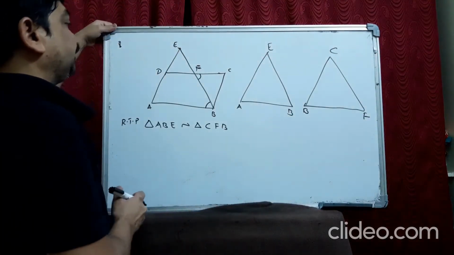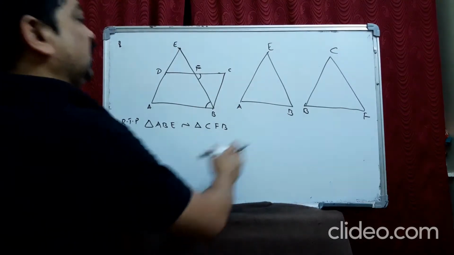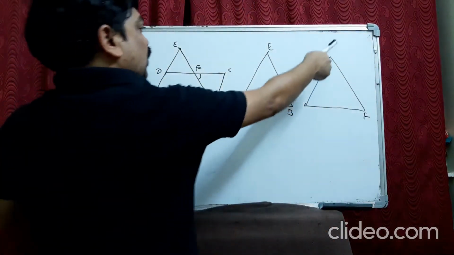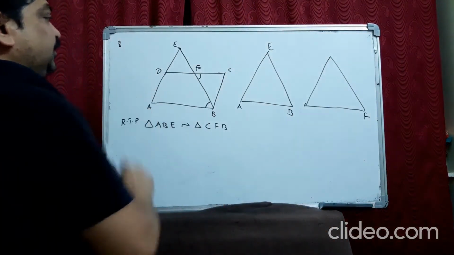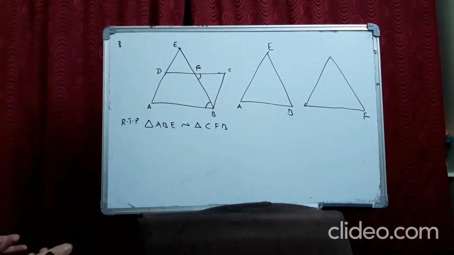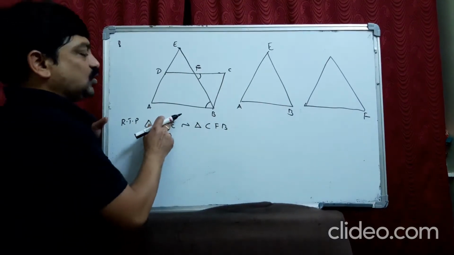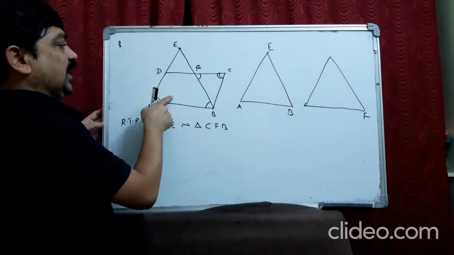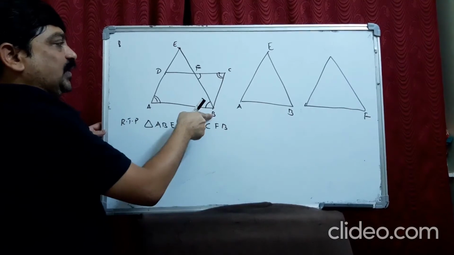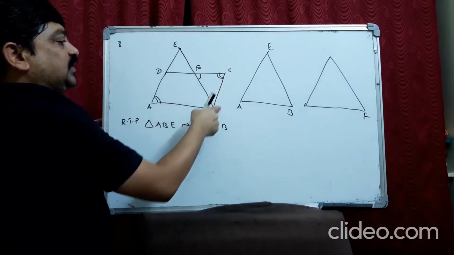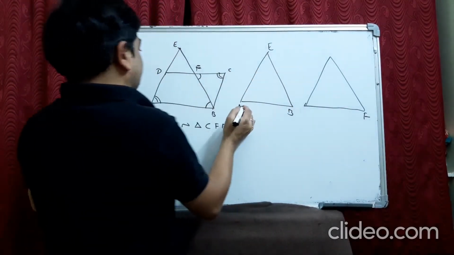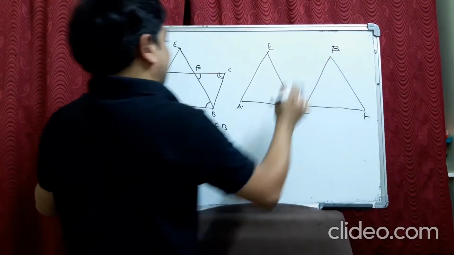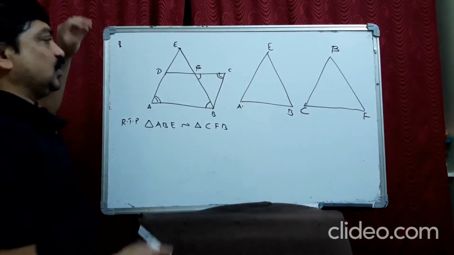Now, one more thing. What is the other thing that we can do? CFB, either C can be here or C can be here also. So, B will be equal to F. What is the other thing that we can do here? See, when these two are equal in a parallelogram, these two angles will be equal. So, angle EAB should be equal to what? Angle FCB. Now look here.